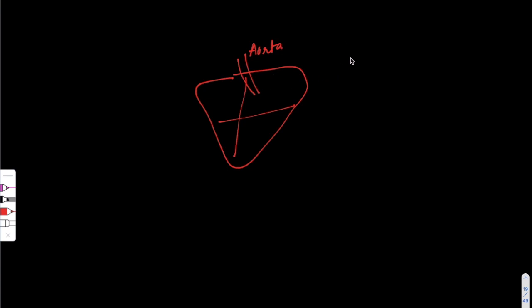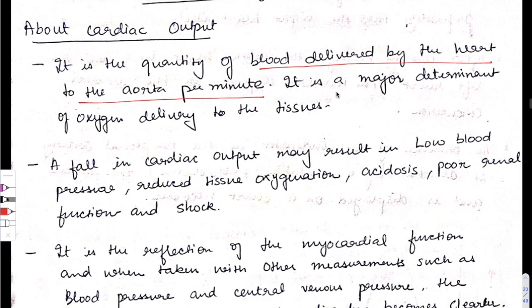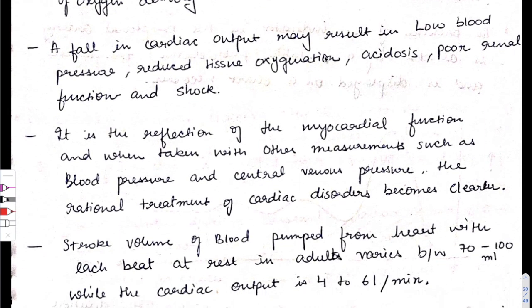So it is the quantity of blood delivered by the heart to the aorta per minute. Now coming to the next point, a fall in cardiac output may result in low blood pressure,